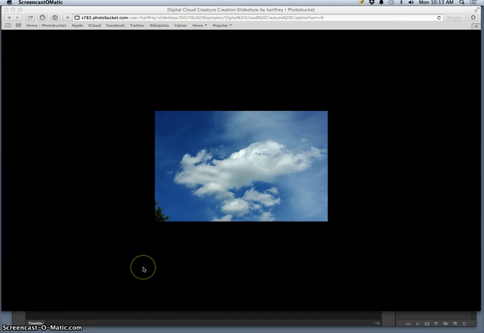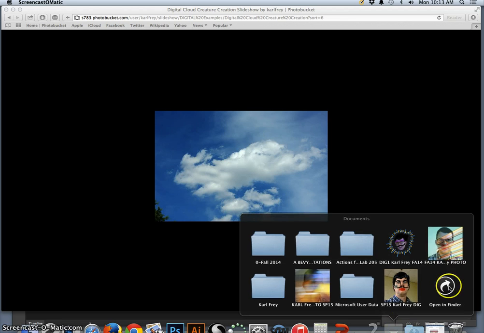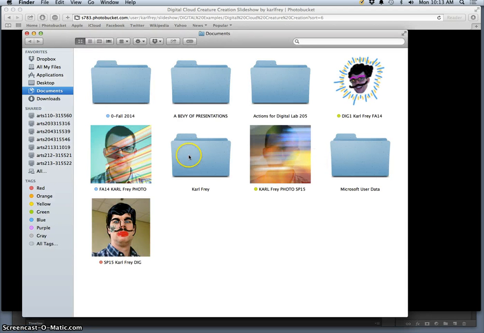All right, today we are going to do some quick demos for assignment 4, the cloud creature. We're going to take your composite collage creature design and turn it into what we hope is a believable cloud, using cloud reference and using some of these compositing techniques and tools like clone stamp, smudge tool that we've been introduced to. So the first thing I need to do is open up my composite creature